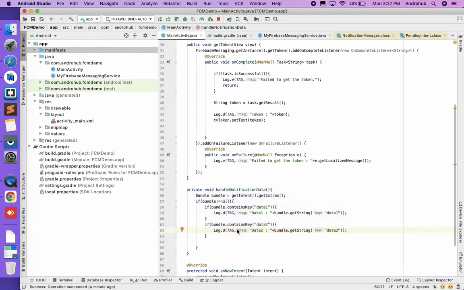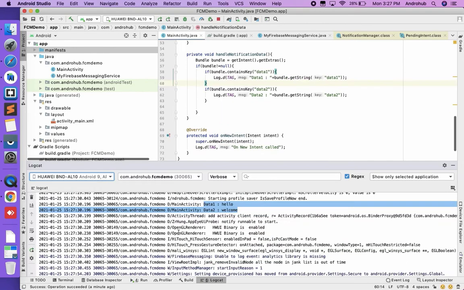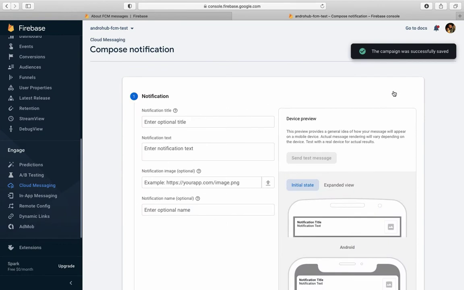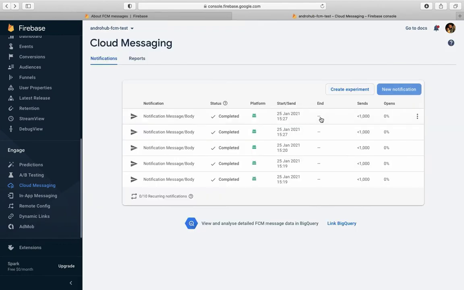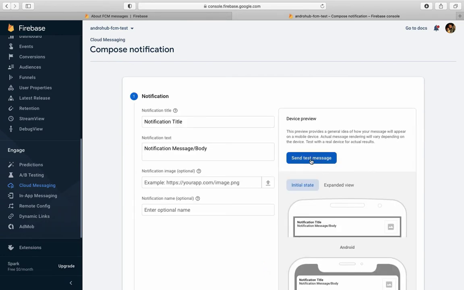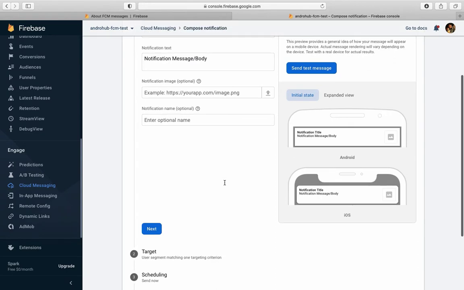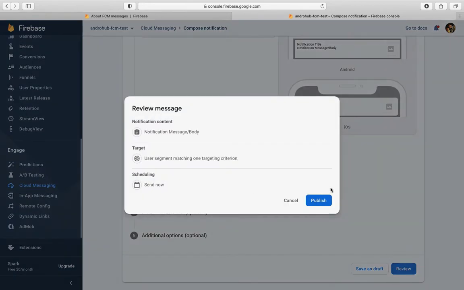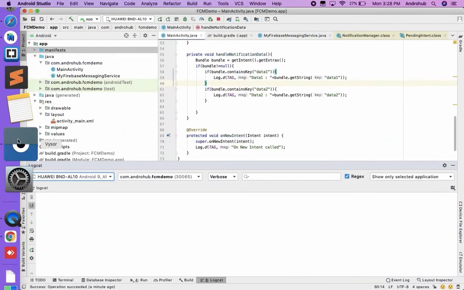Okay, so you should be careful about where exactly you should be using this intent. Now my app is running, so in that case, if I have to send the notification with the data, so I'm just going to review it and publish it.